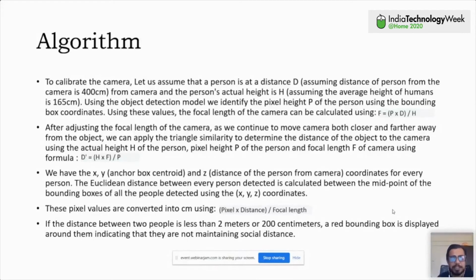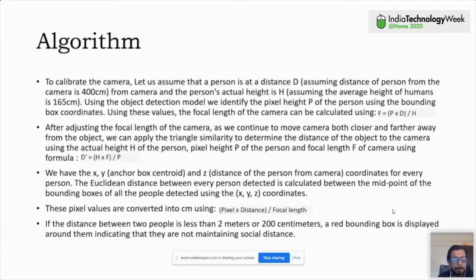So it is very important. You need to first calibrate your camera before building any computer vision task, especially our social distancing detection. After adjusting our focal length, as you can imagine, a person may move far or close to the camera, right? So to further calculate their distance, we use something called the triangular similarity technique. This triangular similarity technique is a similar way to how we calibrate our camera,